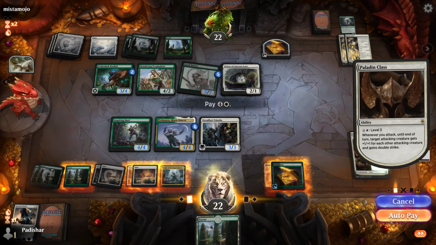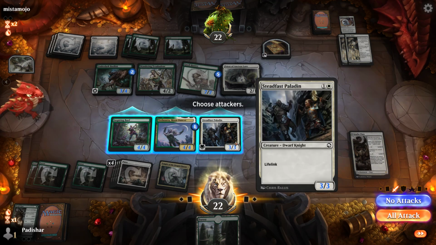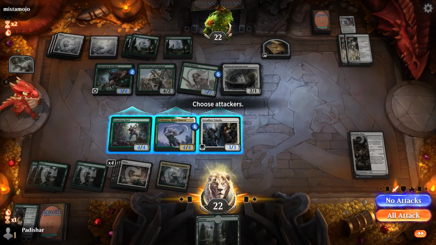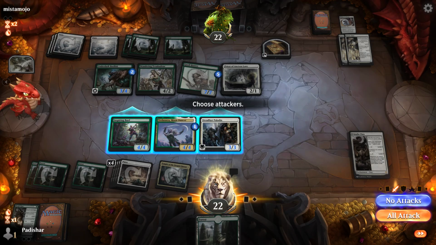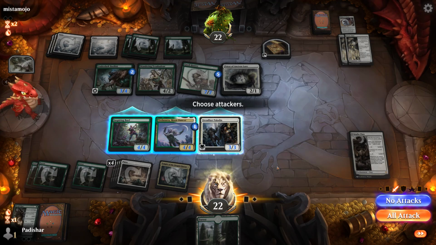But, yep. My lifelinker will be a 3/3 double striker. It will be a 4/4 double striker if I attack with this guy. If I attack with these, no, I won't be attacking with this because... Well, let's see. I mean, they might still have something, of course, because they have 3 mana and 2 cards in hand. But I have to do something good here now. If I just attack with all...